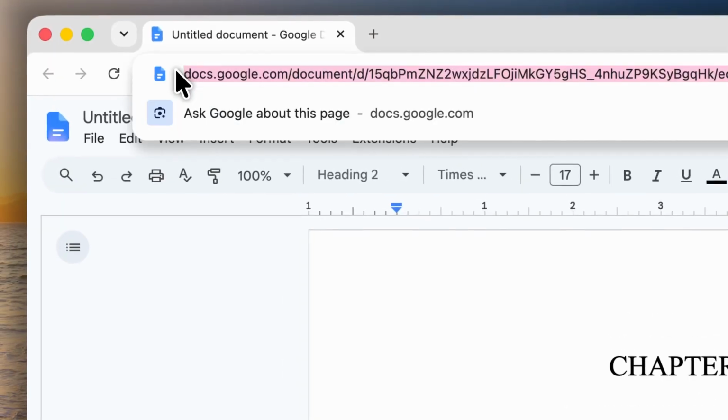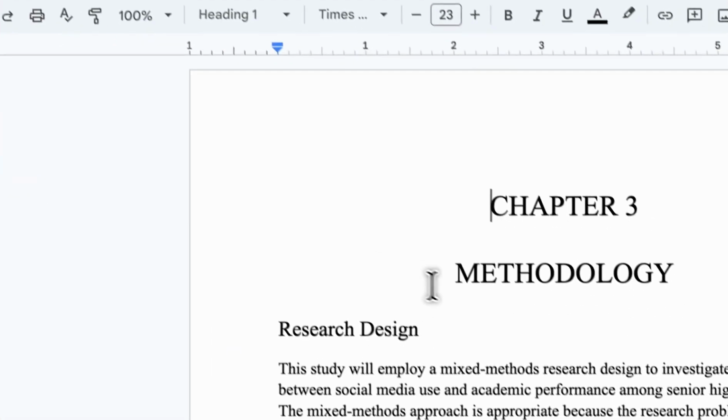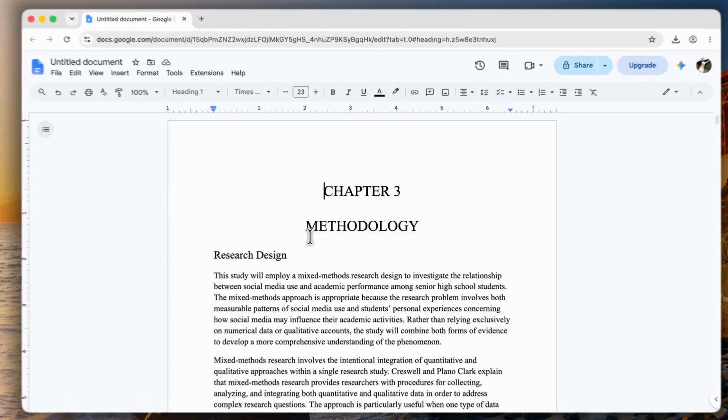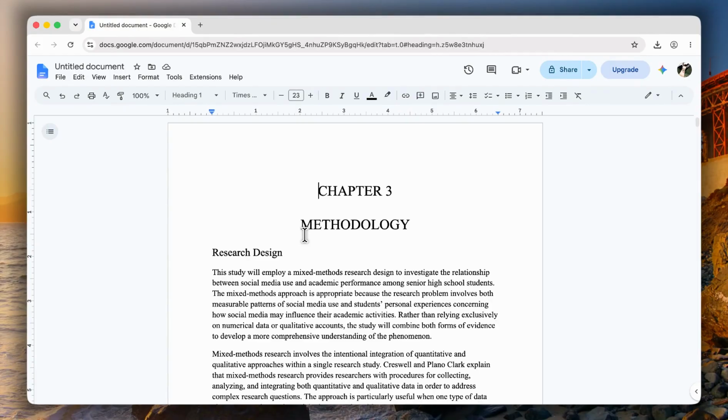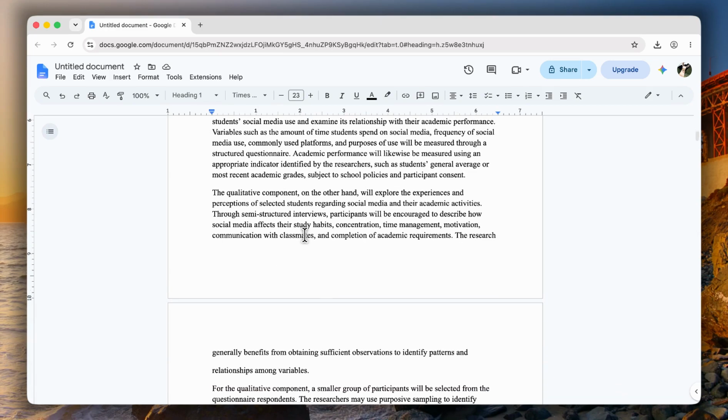First, let's look at the problem. You have a blank page in the middle of your document that disrupts the flow. You've probably tried the usual methods, but it just won't disappear. This is often caused by hidden formatting, like a stray page break or specific paragraph spacing settings that are not